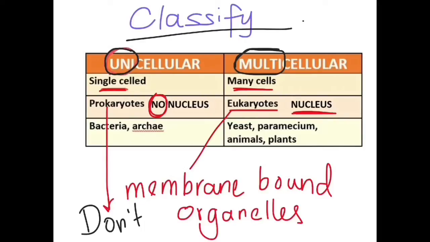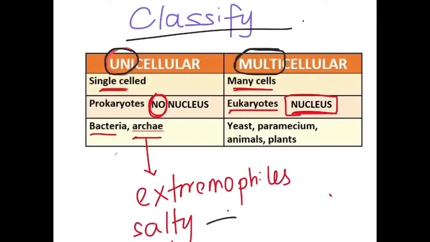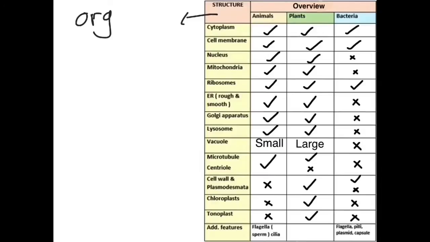Some examples of prokaryotes are bacteria like E. coli and archaea. Archaea are just species that live in extreme conditions, like super salty water, called halophiles. We are going to focus on the cell structures and their functions of animals, plants and bacteria in the most fun way possible. Also, some multicellular organisms are complex, having an organization where cells form tissues and tissues form organs,